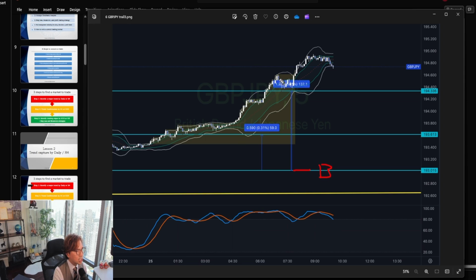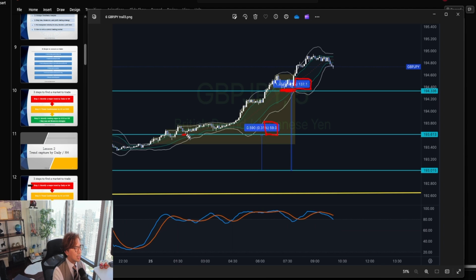Since I see the last pushback being here, and technically speaking there was also a W bottom neckline breakout here, I found a strong support line here at 194.33. So I moved one of my stop losses below the W bottom here, fixing 132 pips of profit. The second stop loss, I don't keep on the break even because the market has all the way gone up. So I fix 59 pips of profit, which is down here, below these two pin bars,